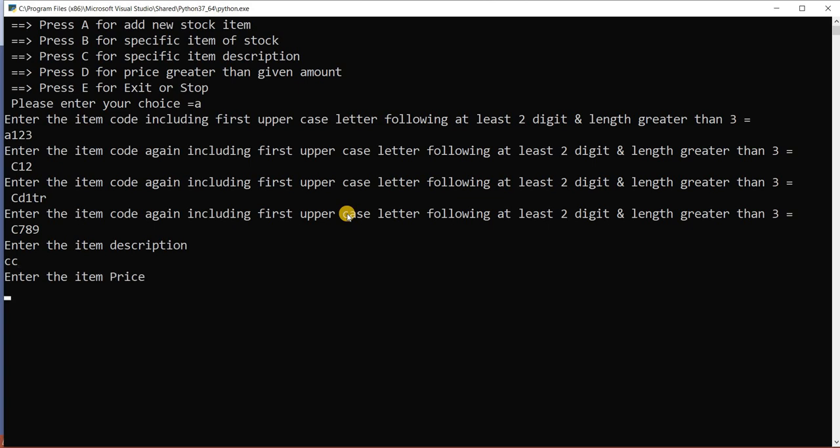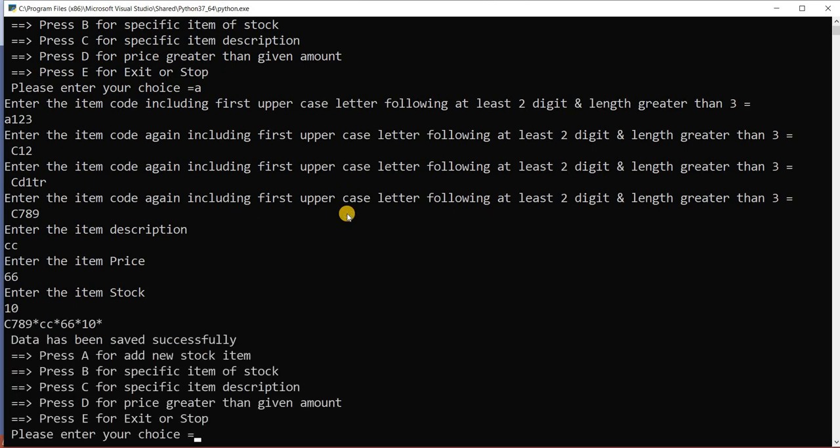Okay, enter the price. Price is suppose 66. Stock is suppose 10. Now it shows me: your item code is C789, description is CC, 66 and 10, and then data has been saved successfully. They will ask me again what I want to do. Okay, I want to stop it.